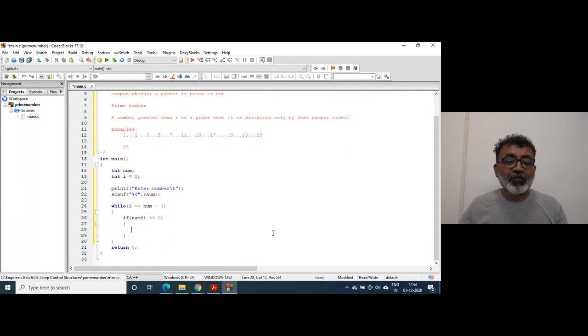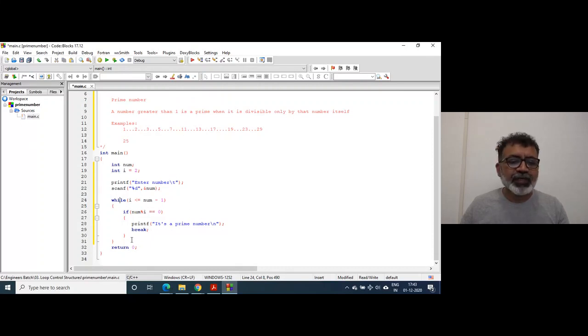So if you get the remainder as 0, that means it is divisible. So you can write here immediately, it's not a prime number, and you can put break directly. Once I put the break, this will take the control outside the loop.